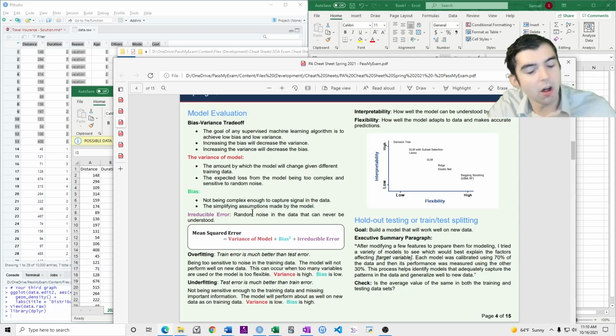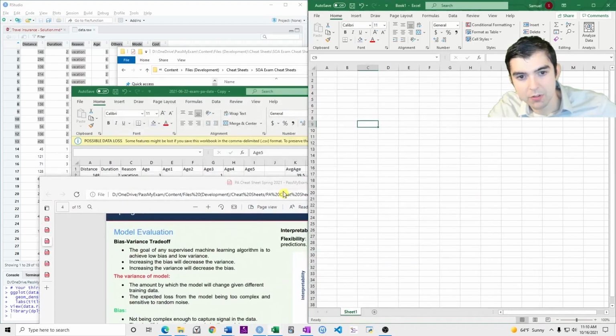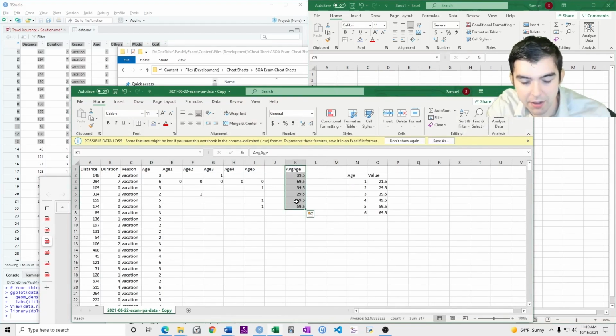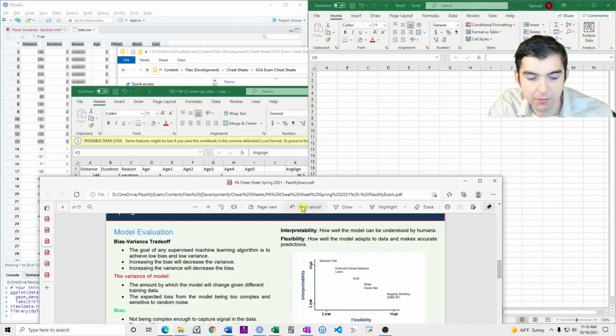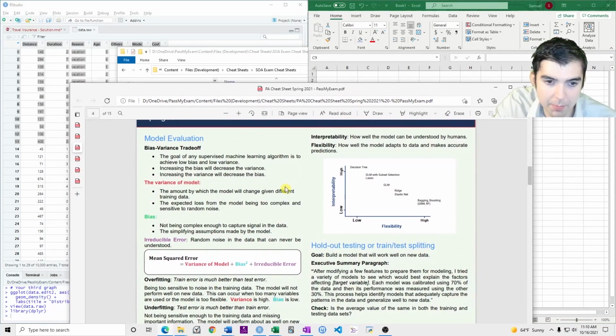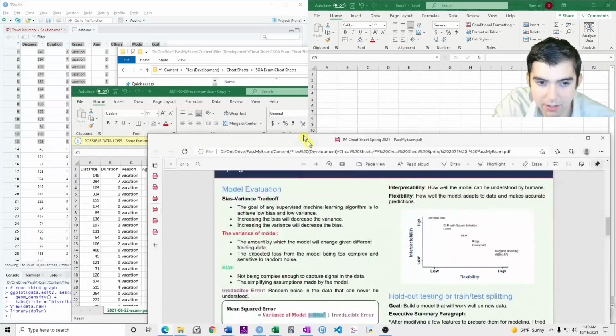On the other hand, if you use just a single variable, this average, then you have only one variable. And because you have only one variable, the bias will be higher because you don't have as many parameters to specifically match to the data.